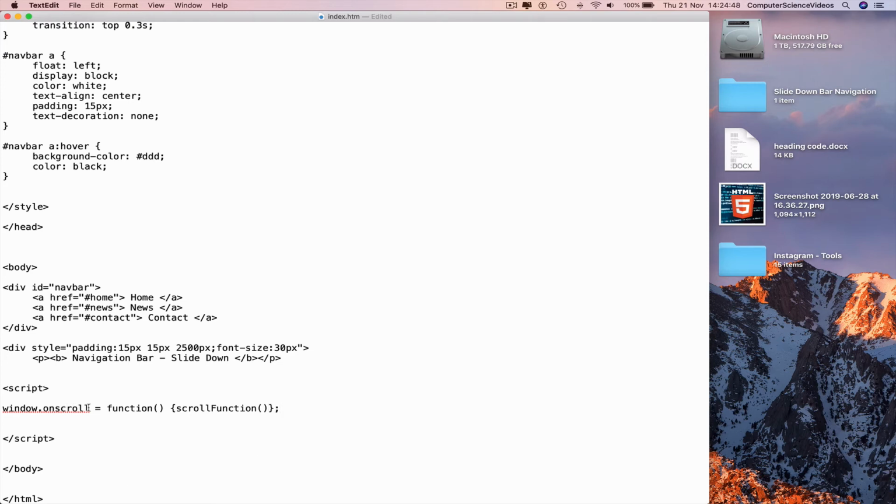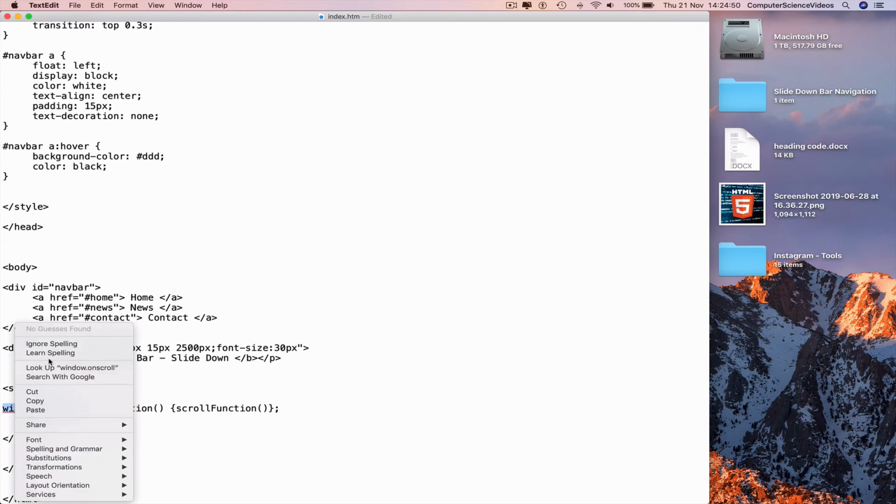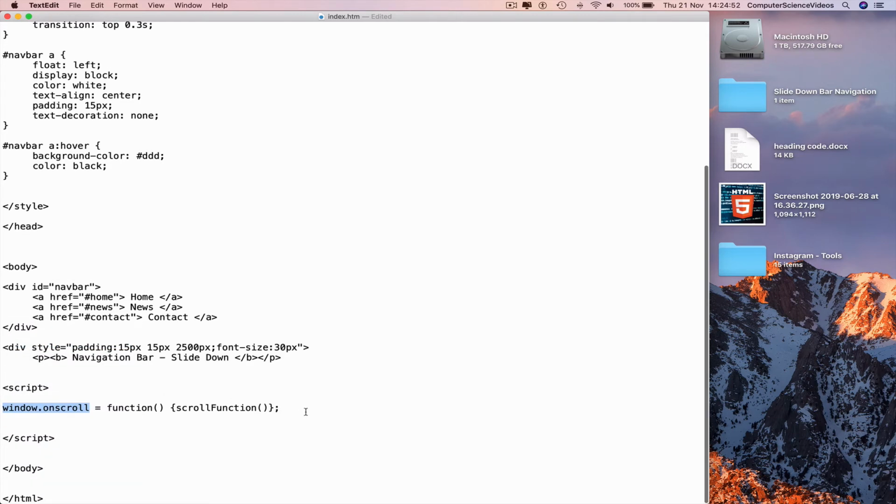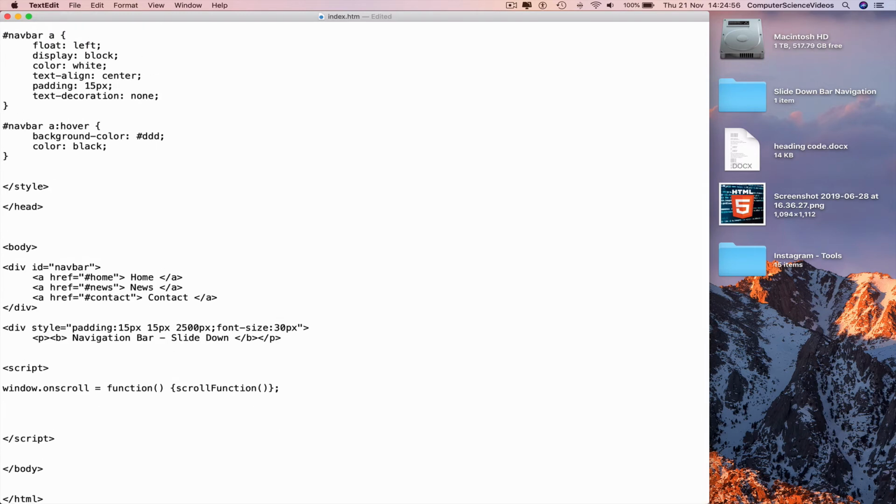Go to window on scroll, highlight, ignore the spelling for the moment, go to a new line, bring in a function, scroll function that was declared on top,